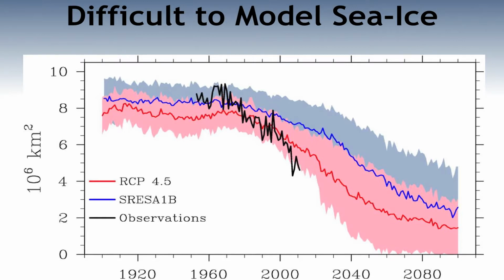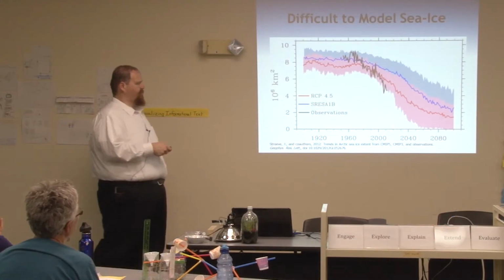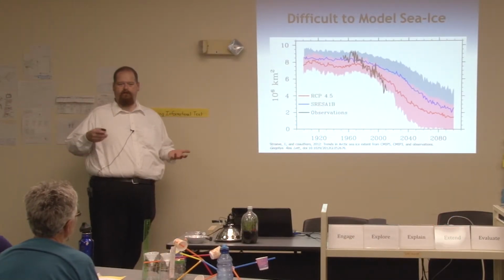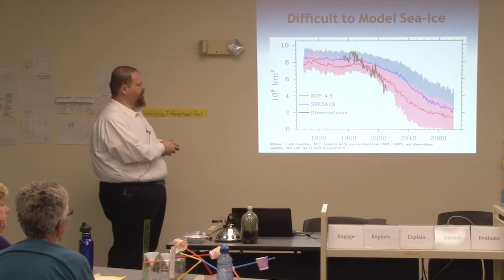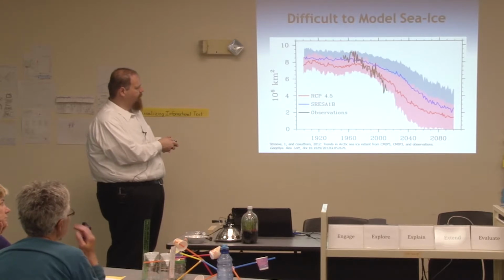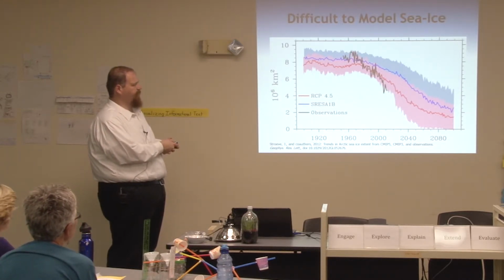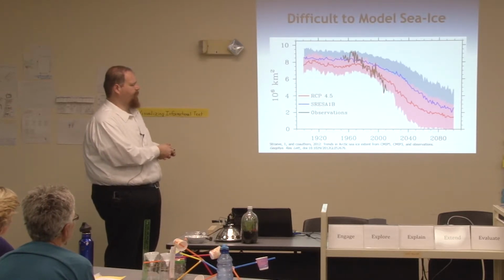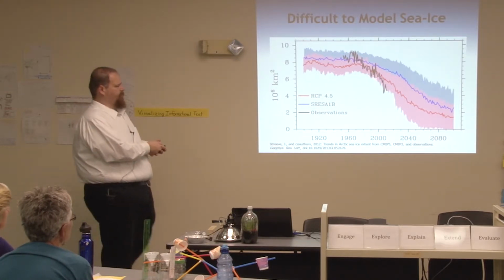But we're getting better. That's the good thing. It's difficult to model the sea ice. If you're familiar with the IPCC report that you've probably heard about in the news, the last go round was in 2007. The black curve, this is just a line graph showing the amount of ice, again ice extent in the Arctic. The black curve is what we've actually observed. It's the same line graph that you saw before, just on a different scale here.